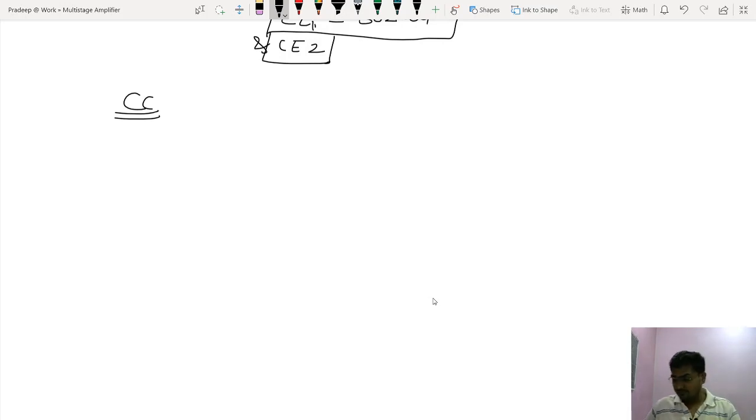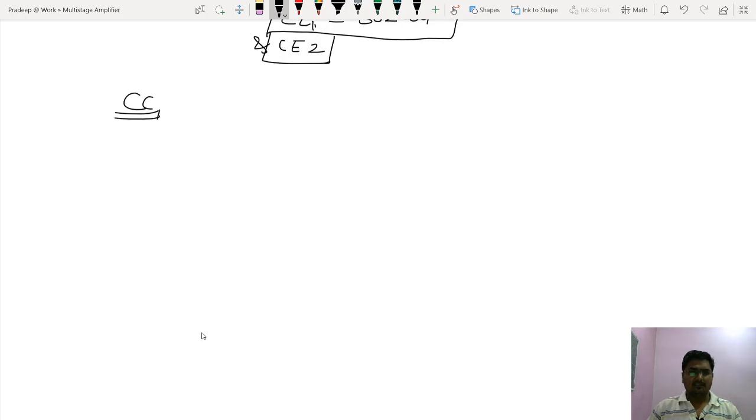Again, I'm making so many mistakes while talking. Because see, when you start doing the same thing again and again and again, you get bored of that. So like this, I also got bored of designing that single stage RC coupled amplifier and the two stage amplifier. The design procedure is the same, the given equations whatever I'm using are the same. So I'm teaching you the same thing again and again. I hope you understand that.